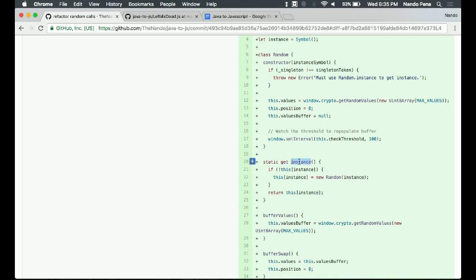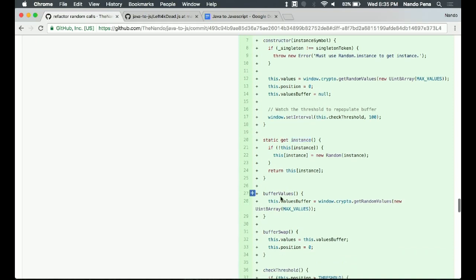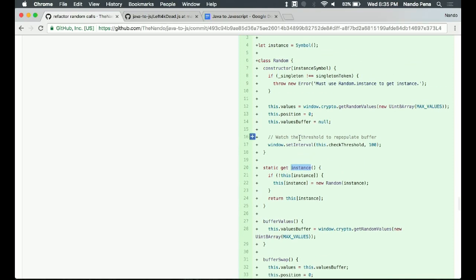Even though it looks like a function, you'll notice none of the other functions have this preface in front of it. Static means that I can call it without having to create an instance. Get means that I can use it as an attribute or a property instead of as a function. So I don't have to say random.instance with the parentheses. I can just say random.instance, and it looks it up as if it were a property of the class. But that's going to execute this function, and it's going to say, hey, if I don't already have this instance associated with this class, then create a new one and pass in the instance. Otherwise, pass out the one that I've already created.